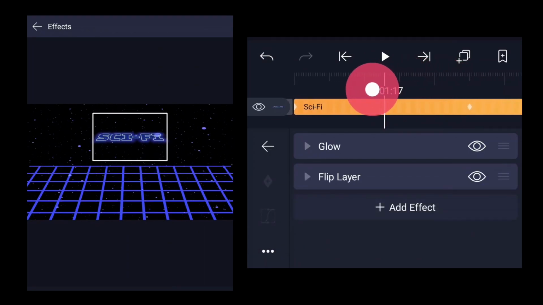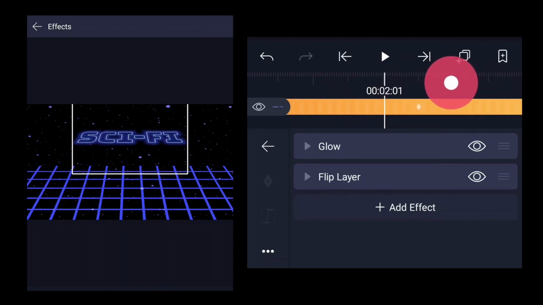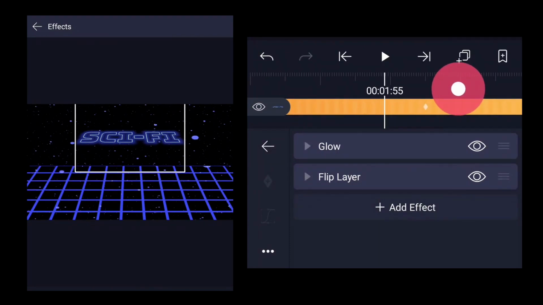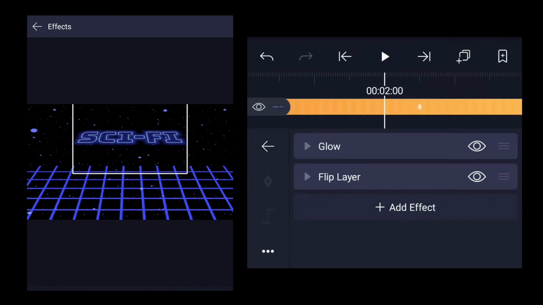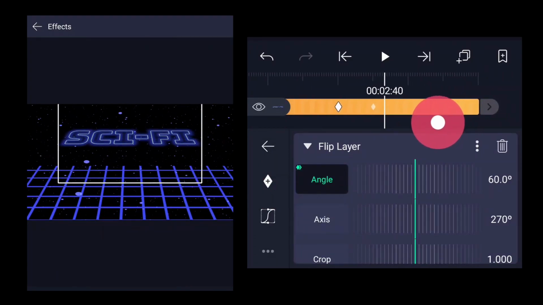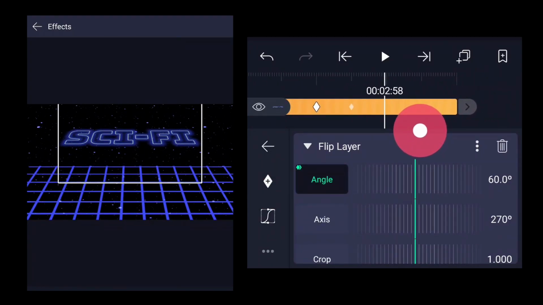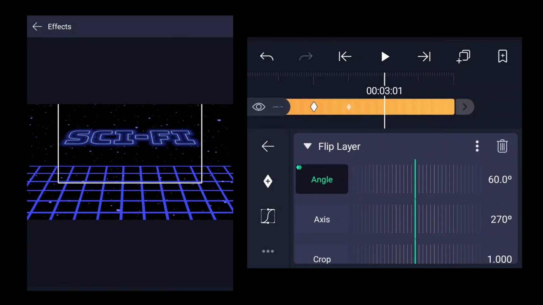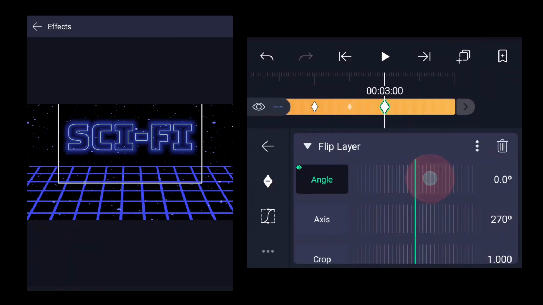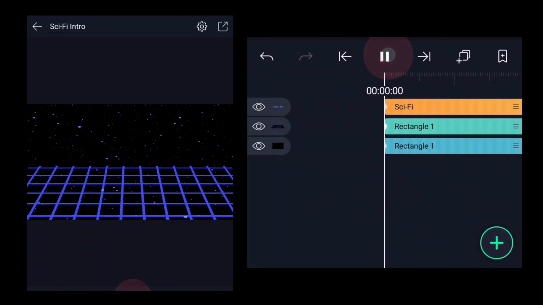So if you check, it's tilted, but later we want to make it vertical, so around 2 seconds, for the angle, let's put a keyframe and then at around 3 seconds we will change the angle to 0, so it becomes vertical, and the keyframe will be added automatically to animate this rotation. Let's check from the beginning,